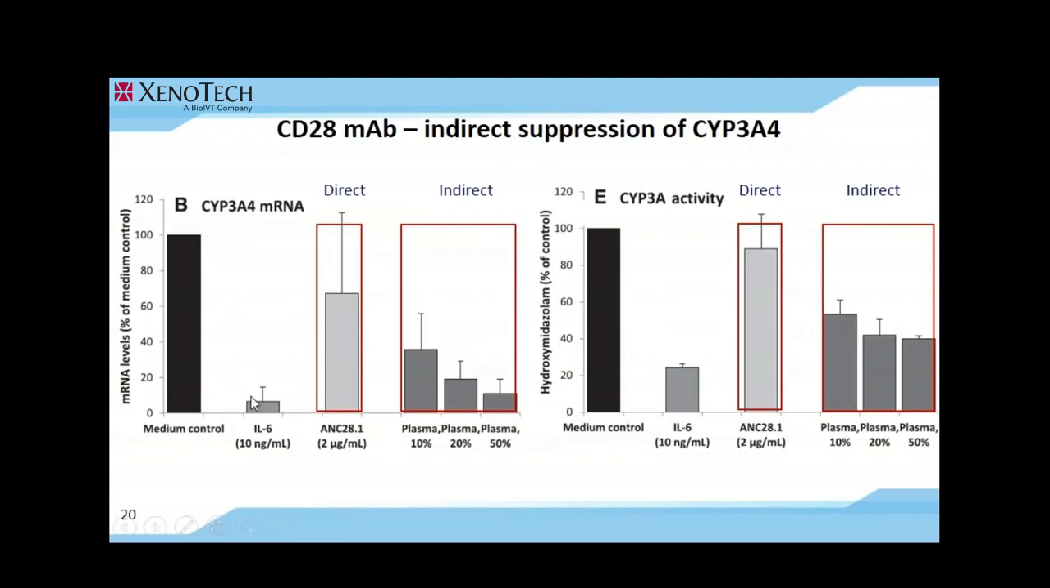Interleukin-6, our positive control for suppression by a large molecule, had a strong suppressive effect, as expected in case of CYP3A4, which is very sensitive to interleukin-6. Again, the antibody did not have direct effect on the message or activity, but indirectly suppressed message and activity of